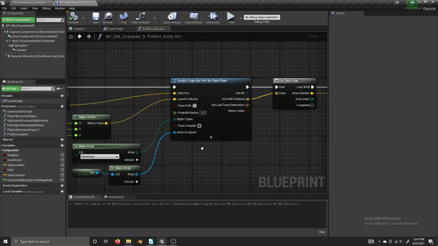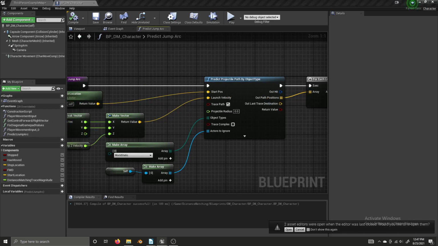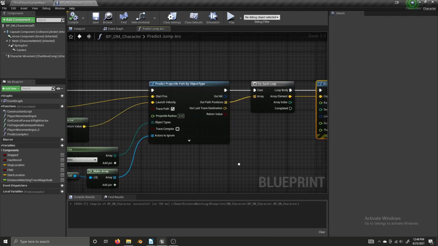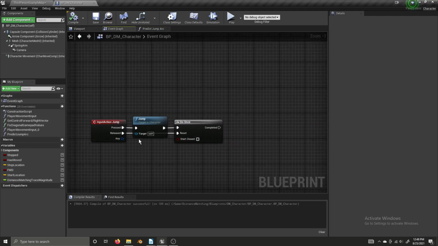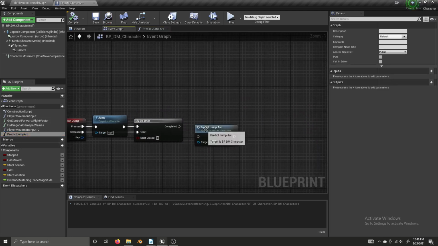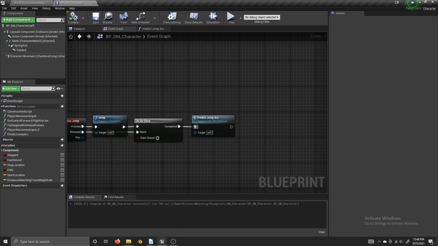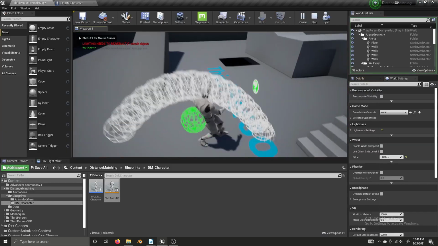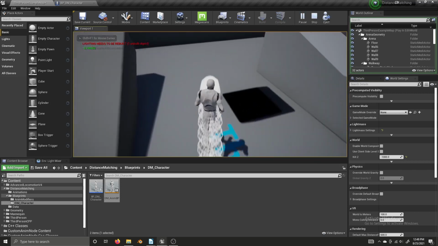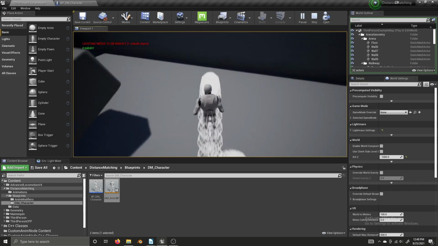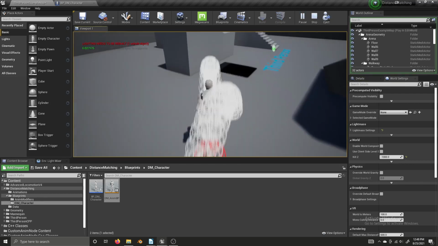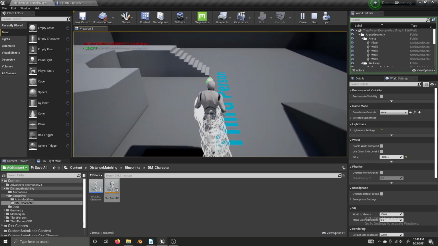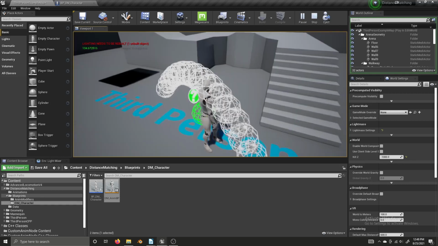Or not. We need to actually plug in our predict jump arc function, or it's not going to do anything. So make sure you plug that in on your event graph into do once. And now we can see. And so you can see that the jump arc doesn't line up exactly with our predicted arc here, but the